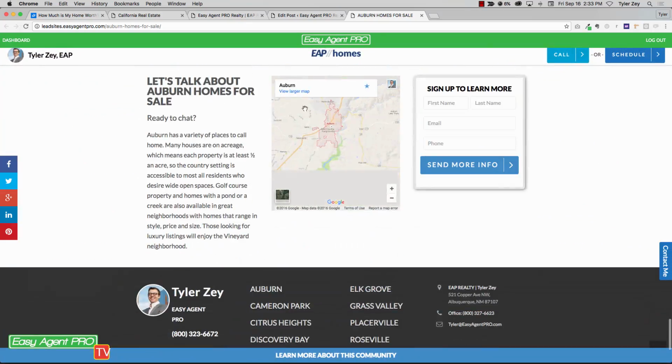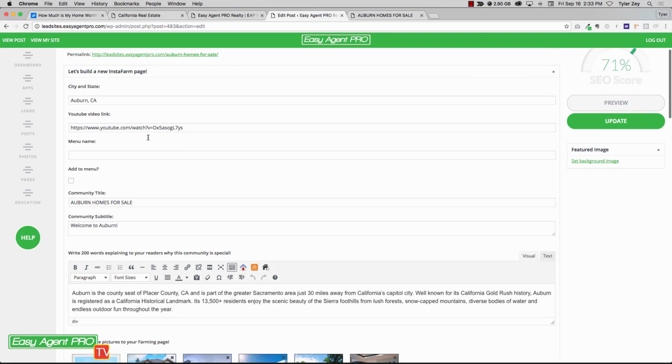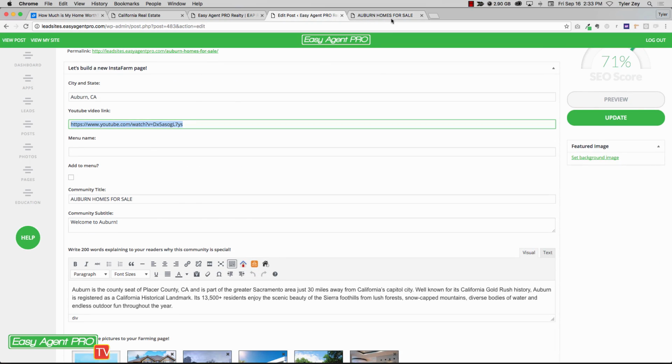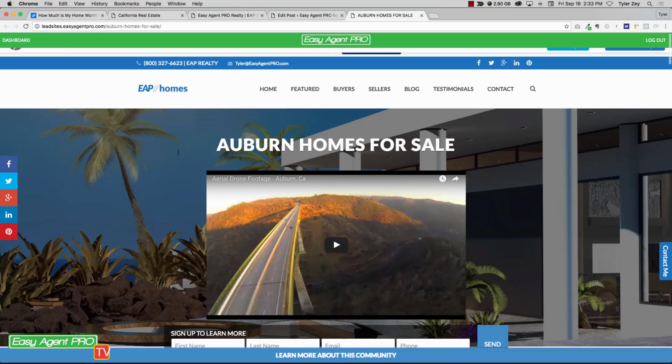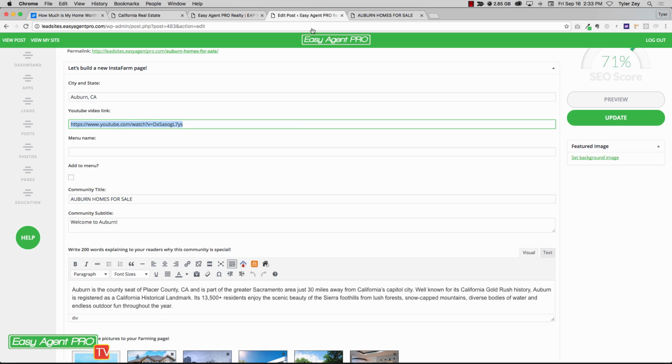You'll notice on the bottom of this page we have that area surrounded in a thing. That's done automatically for you, and it really helps your Google rankings. So you'll want to get that Google map on there. Next, a YouTube video tour. You'll notice that there's some nice lead capture on this form, and that your video goes right here, right above it. It's a pretty cool way to feature a drone video, feature whatever you're doing in that community